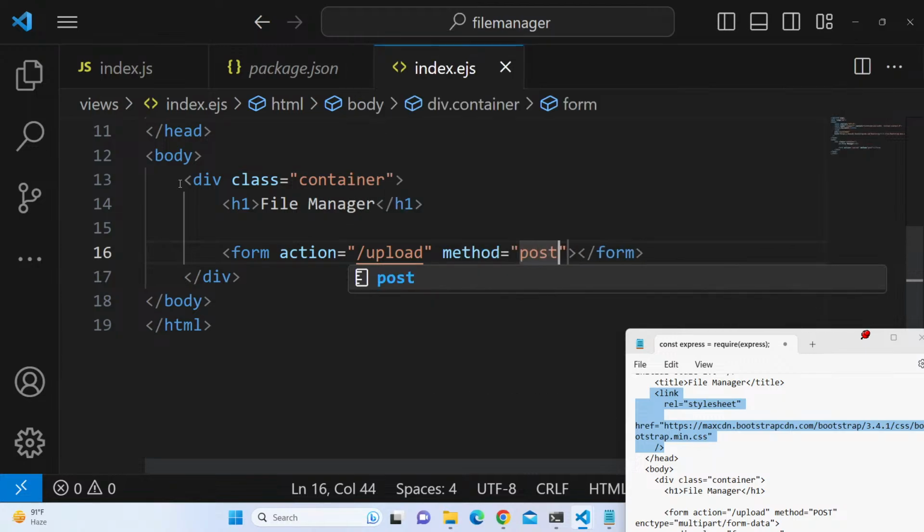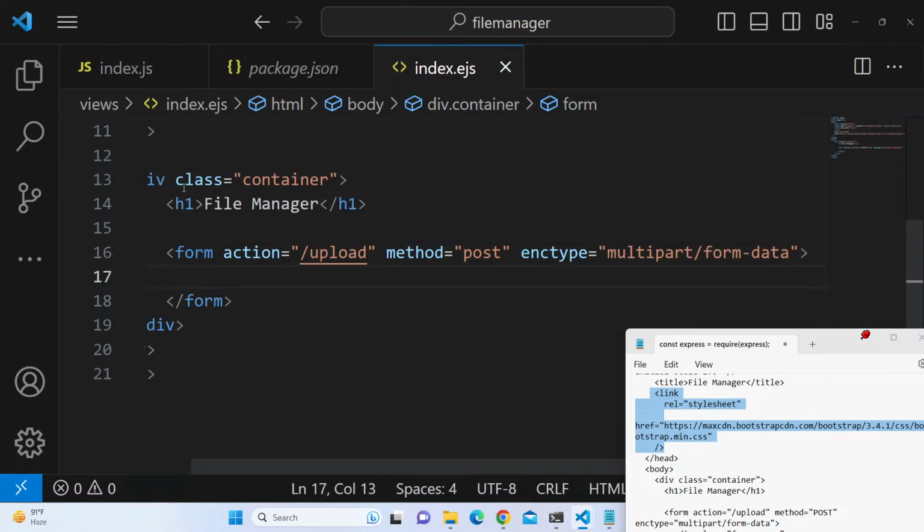Basically this will be a post request, encoding type multipart form data. Whenever we are working with forms, we need to provide this encoding type, which is multipart form data. We will be uploading it to this route, which is /upload. This will be a post request. So right here